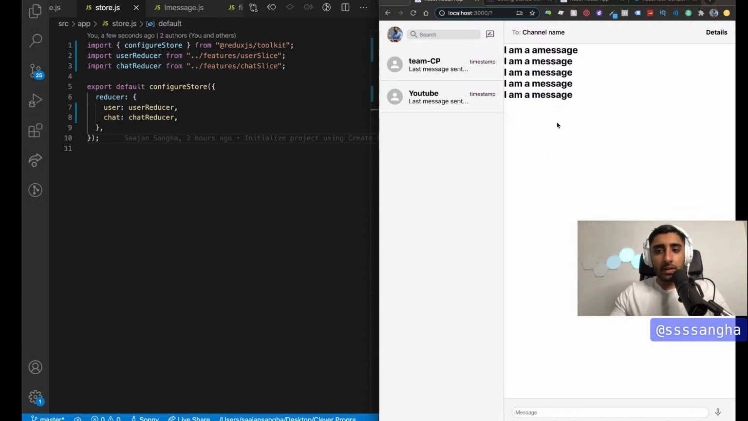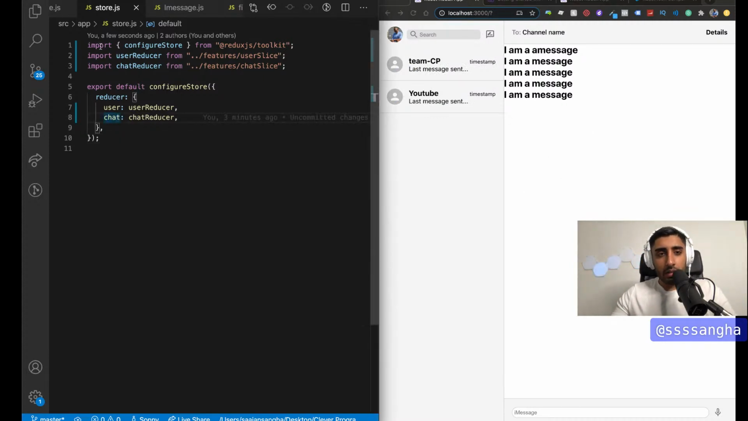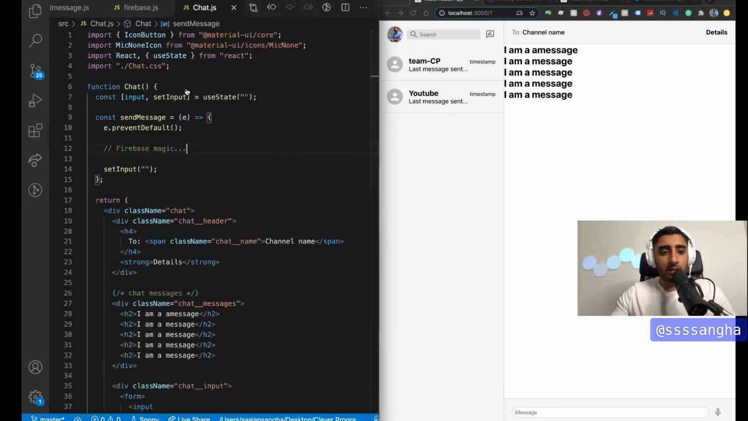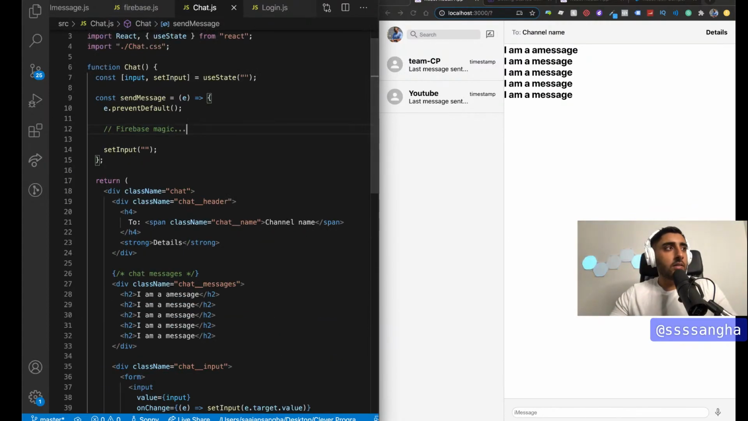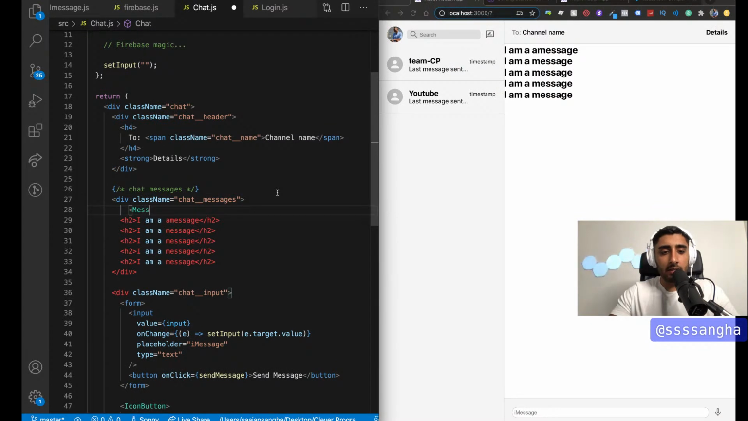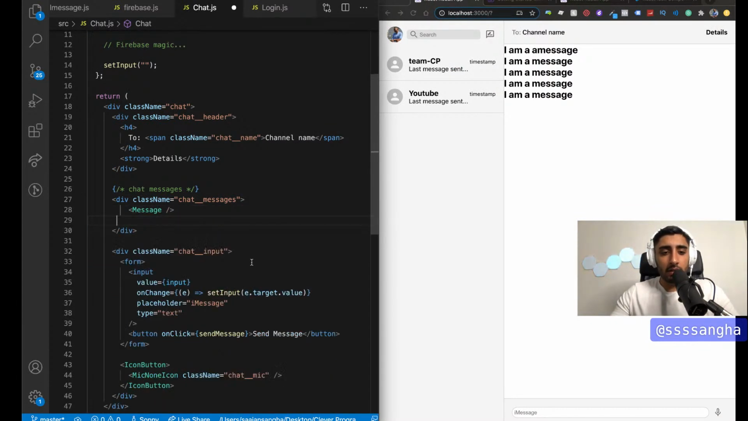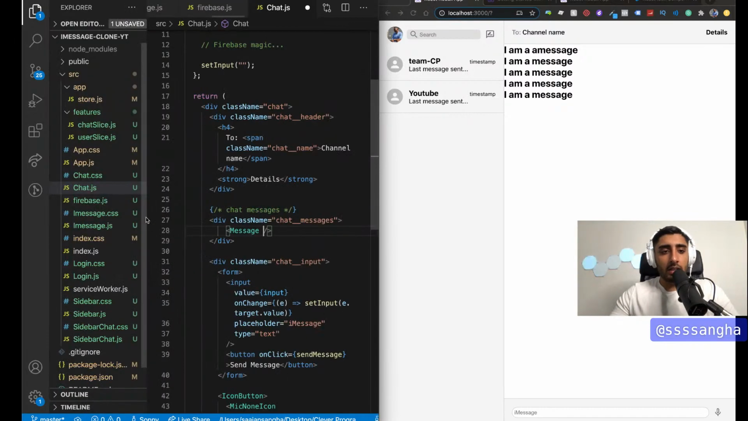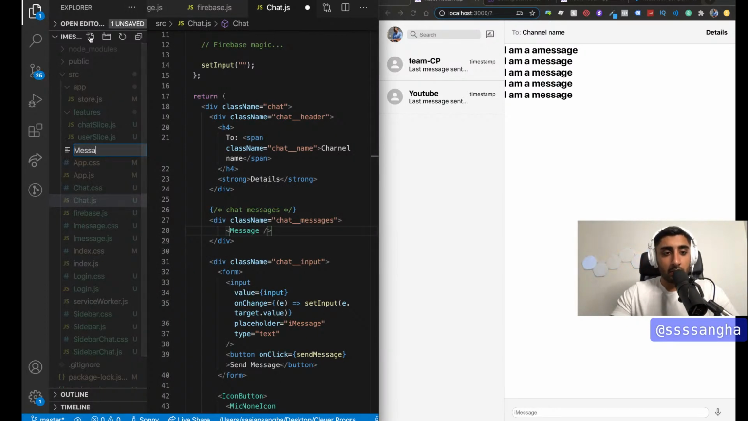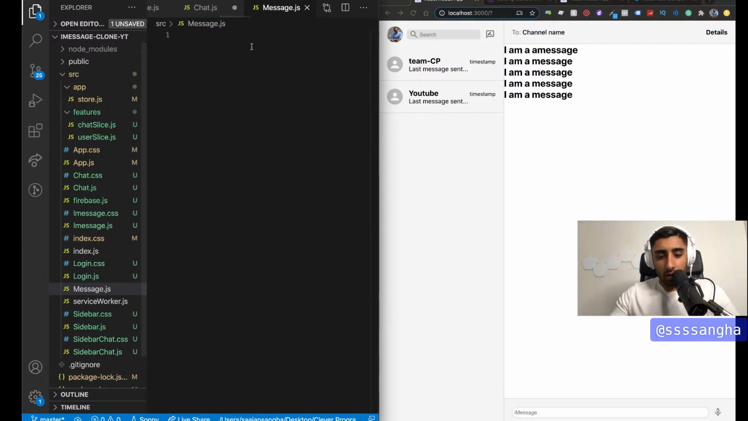Now we're going to go ahead and create the messages. For the messages, we're going to go to chat.js, and right now in chat.js we have everything hard coded. In order to fix this, inside of messages I'm going to create a message component. So here I'm going to get rid of these, and I need to create the message component itself. So message.js, RFCE,